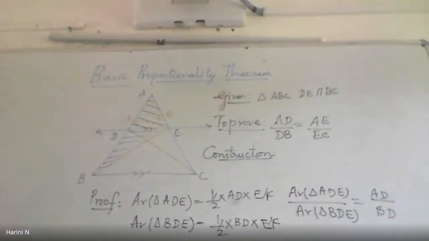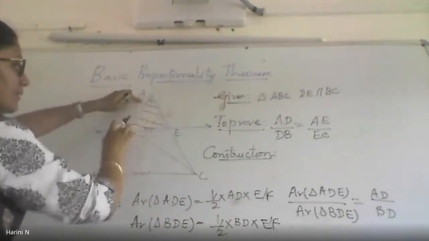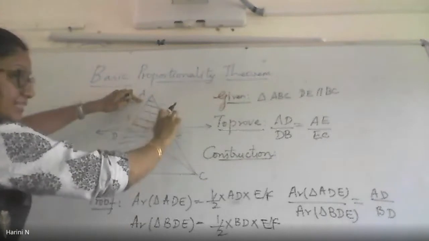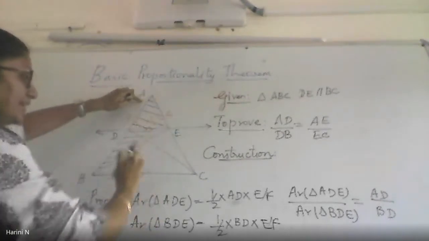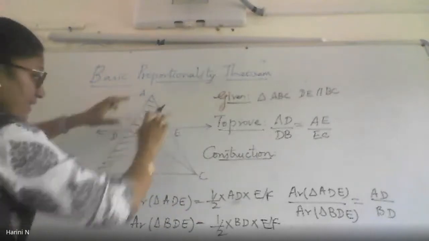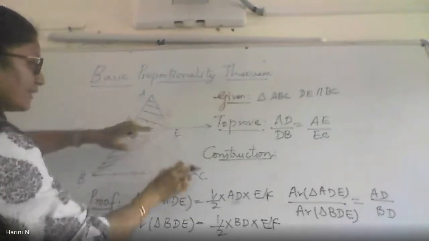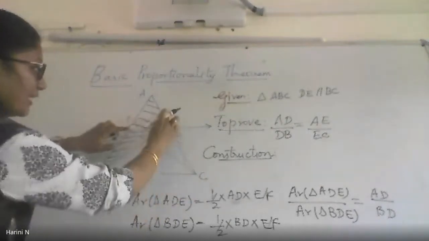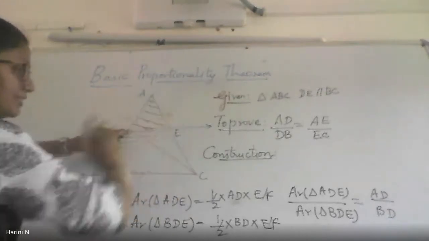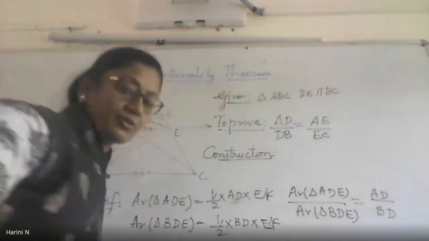Right? So similarly, when you take it on the other side, again I'll take ADE. Now I will look at the base as AE and the height as DG. So you will get the area of triangle ADE as half into AE into DG. Right? And now the second triangle here will be DEC. Again the base will become EC and your height will be DG. So again you will have half EC into DG. So once again when you divide it like this, you will get the area of triangle.